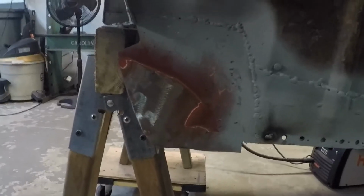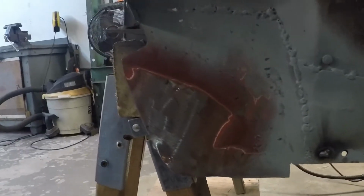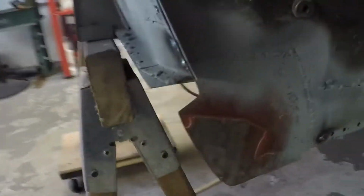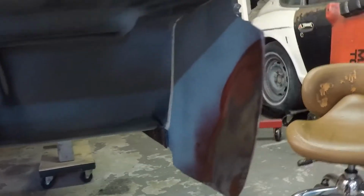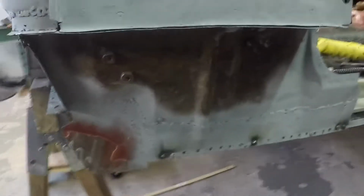You can see down here, I don't think I ever made a point of it, that the patch that I had put in extends well below the line. I kind of did that on purpose just to give me some extra metal down there. I've also got to weld in that little space in between the floor part and that little patch piece. But come around and do all that and get that all welded in, and then I'm gonna tack in